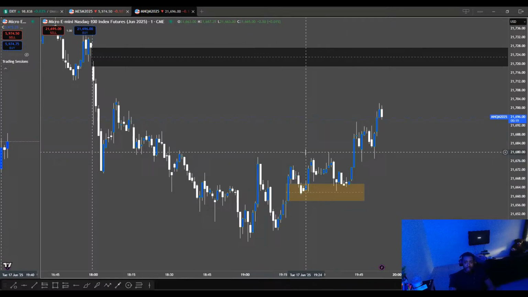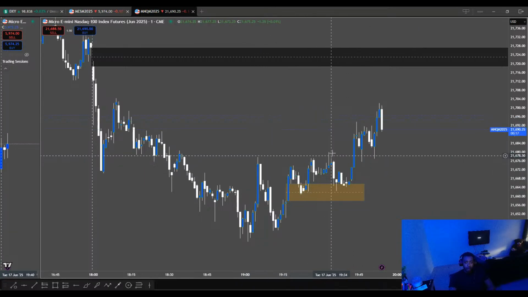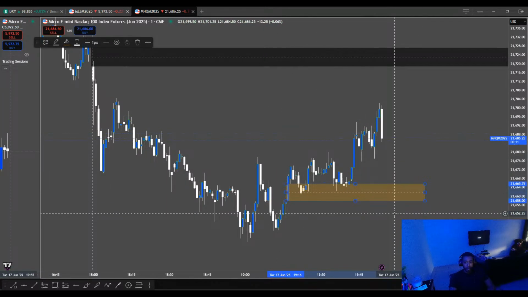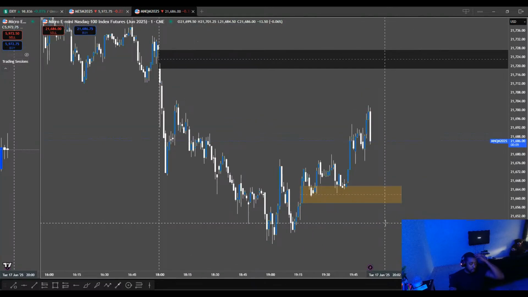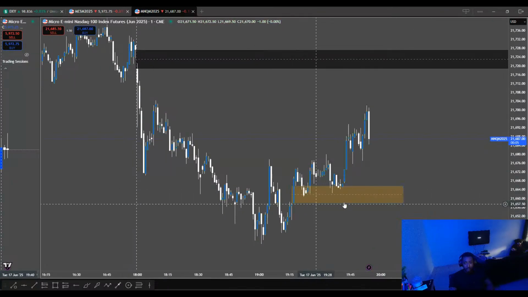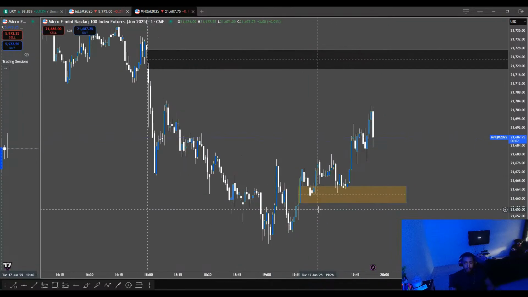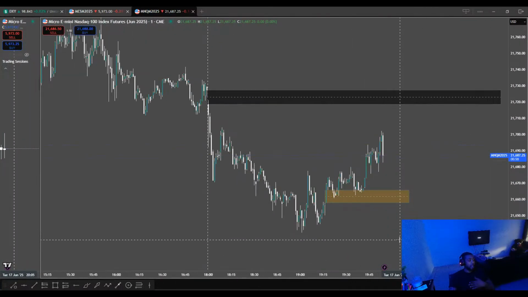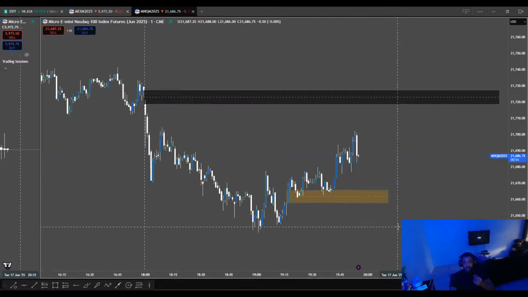If the market takes a high and leaves a fair value gap, that's an important fair value gap, right? Not saying that's going to be 100% all the time, but it's an important fair value gap, right? So let's see what they do. But yeah, so I'm actually done. I'm just watching price action right here